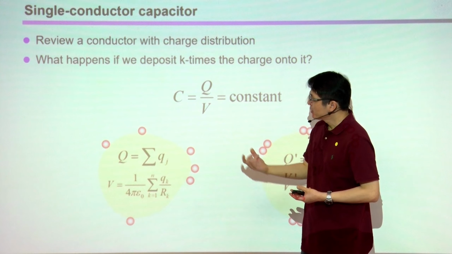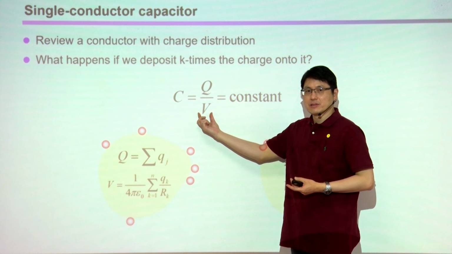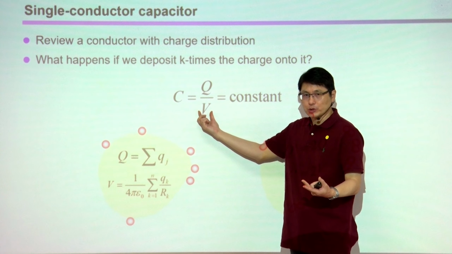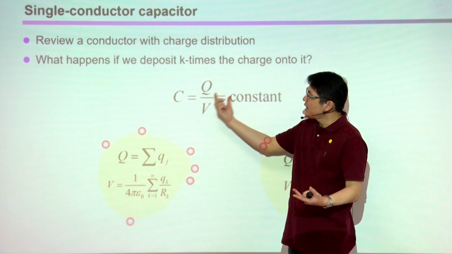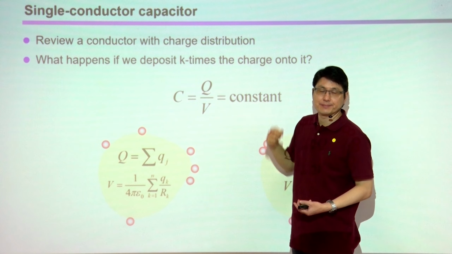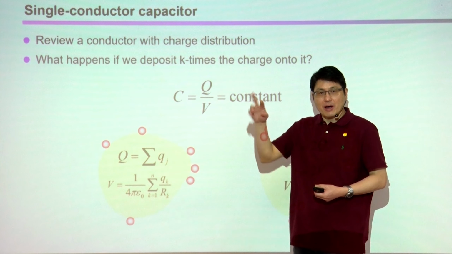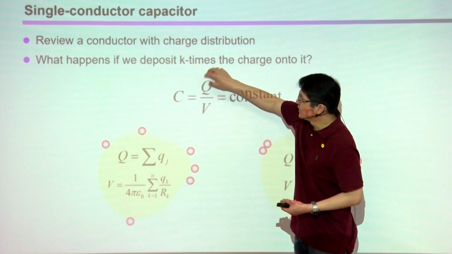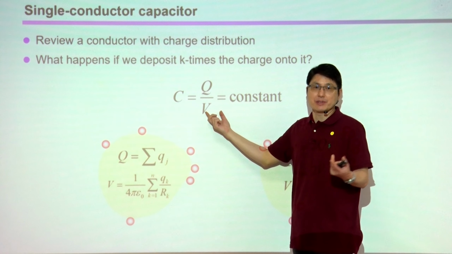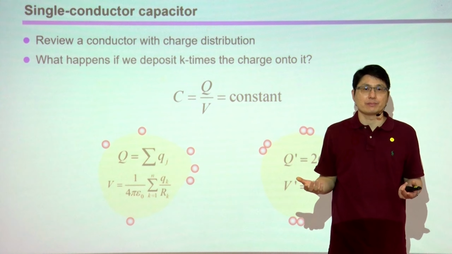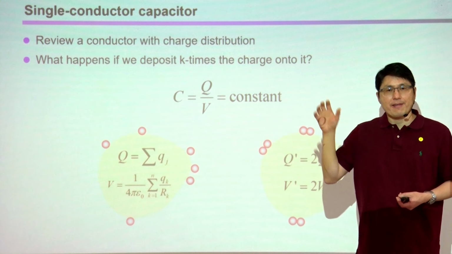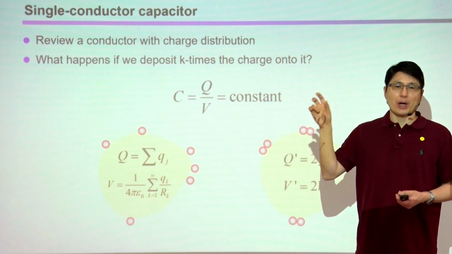In the way, if you have developed certain electric potential, that electric potential needs to have how much charge. Or otherwise, if I deposit this amount of charges onto this capacitor, it will give rise to certain voltage value, potential value. Okay? And that unique property